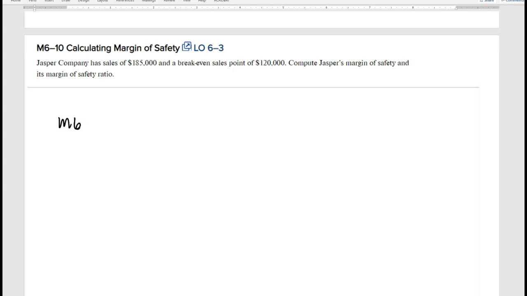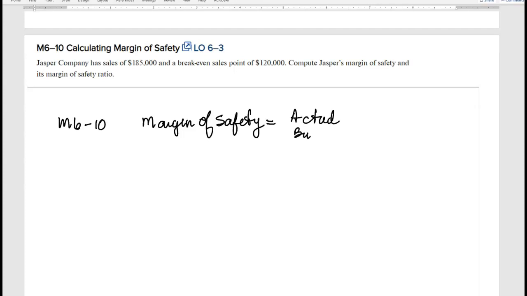So margin of safety is equal to actual or sometimes budgeted sales, minus,